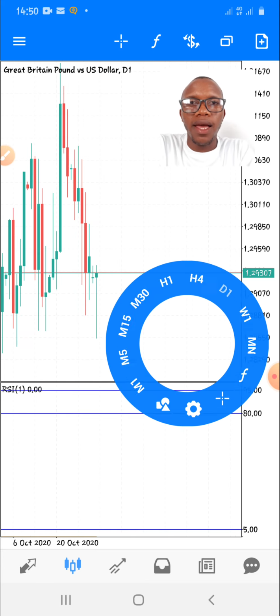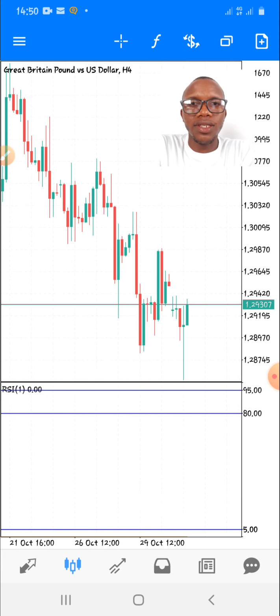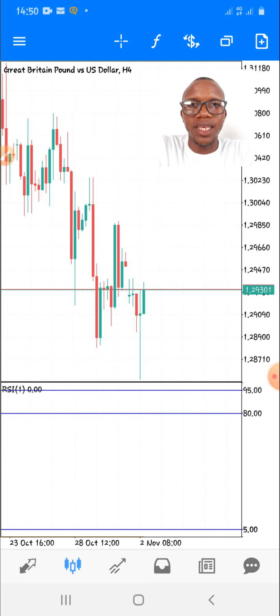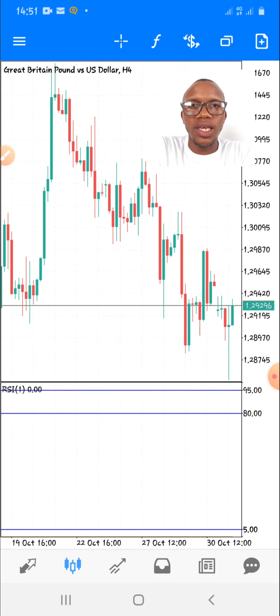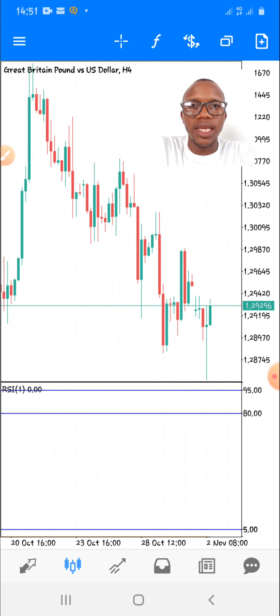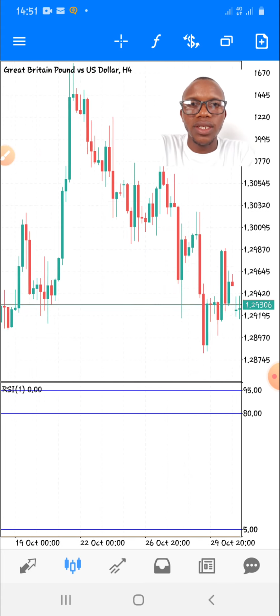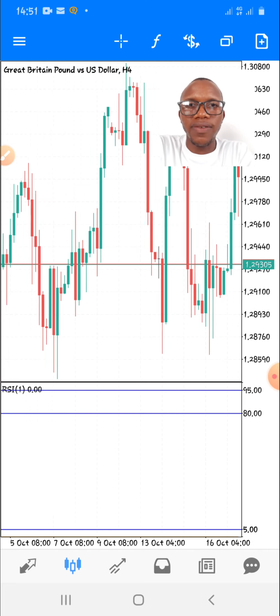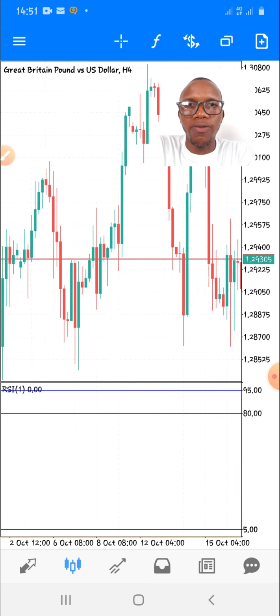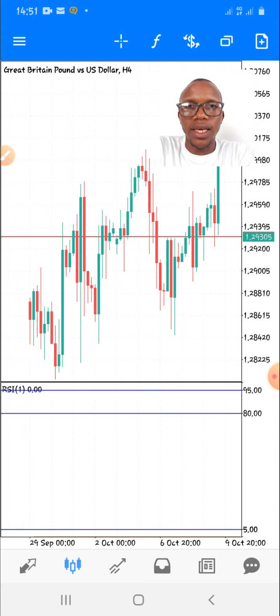Okay, in this case I'm using MetaTrader 5. Let's focus on the 4-hour time frame. You see here the trend. Somebody used to say the trend is your friend. So the first thing that you need to be aware of is what we call